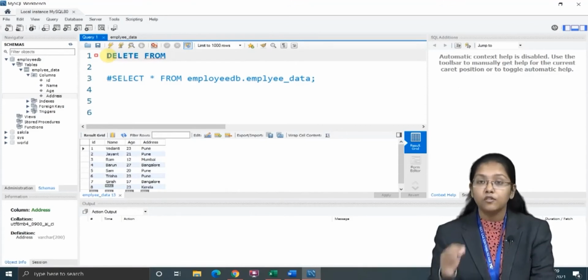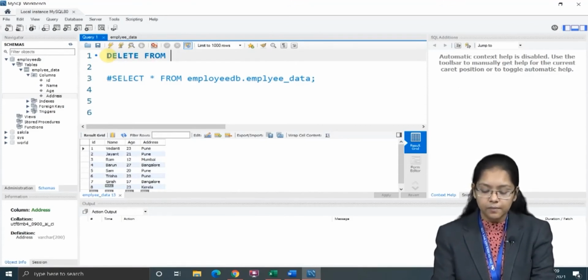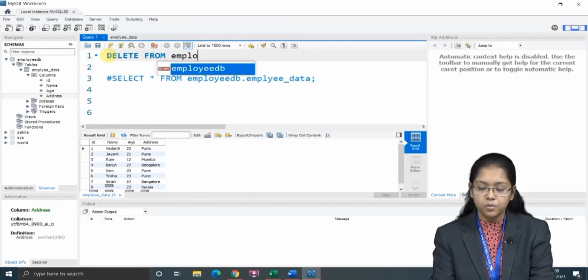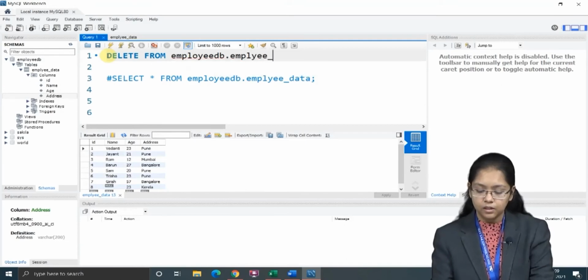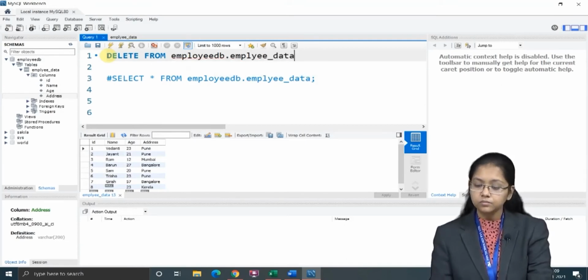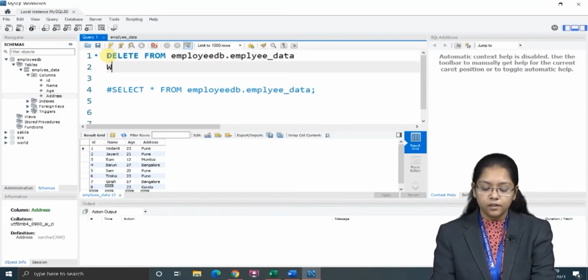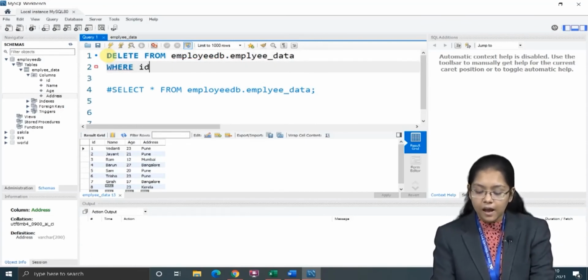from, then the table name. Here the table name is employee db dot employee data. Then where id is equal to 8.